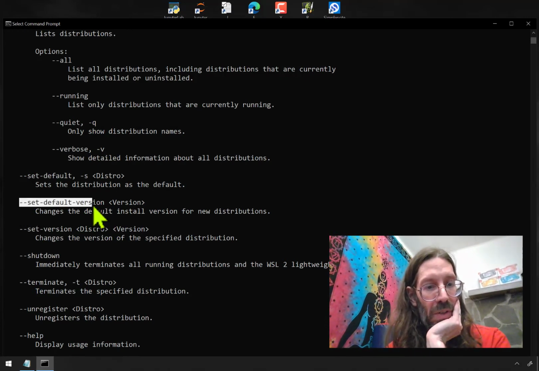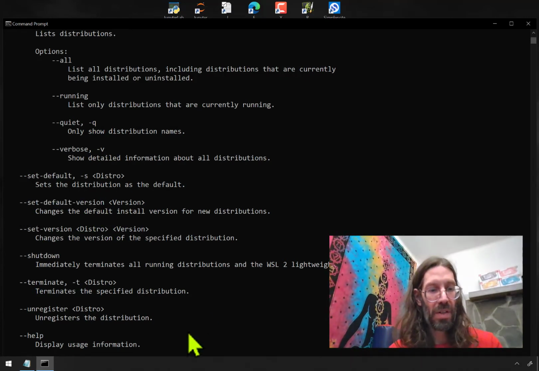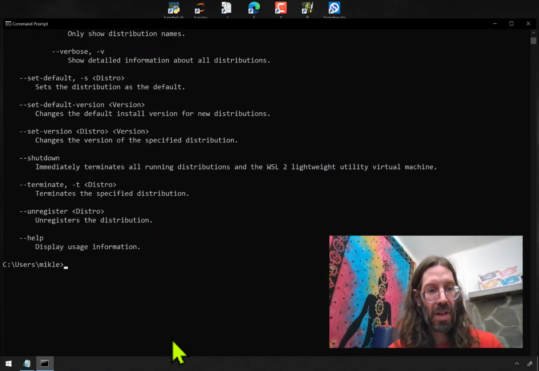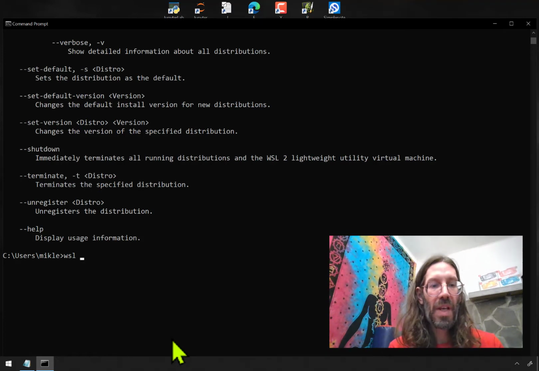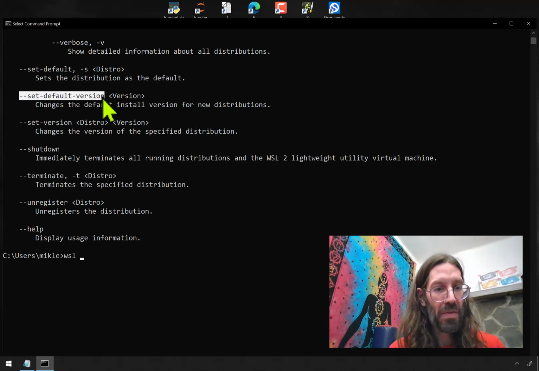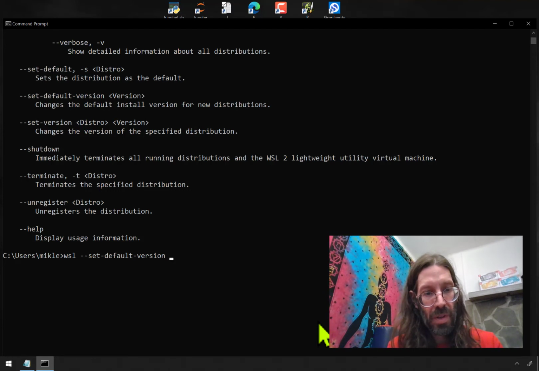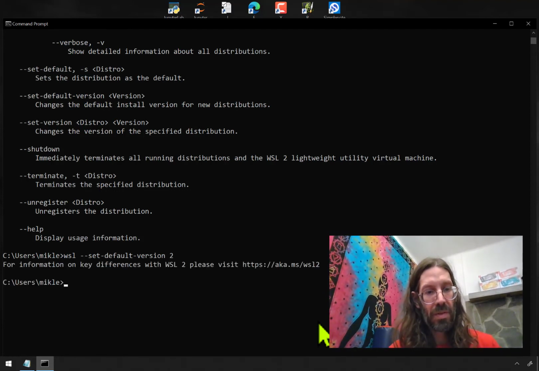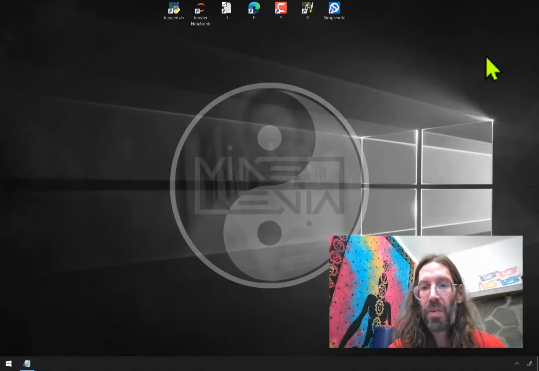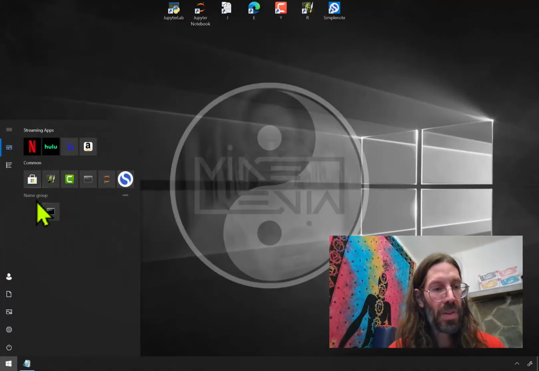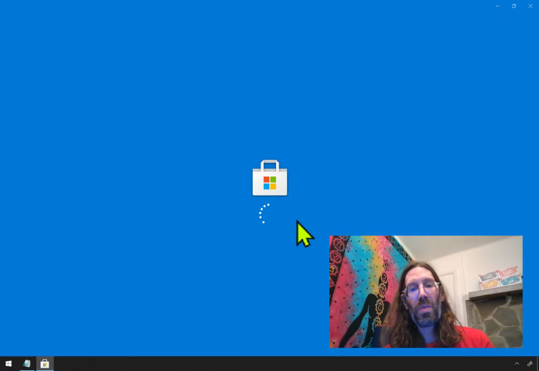So we just want to make sure that this default version is 2 for when we do our next install out of the store. So that's WSL --set-default-version 2. Sometimes copy and paste from out of these things is a little bit challenging, but doable. Okay, so now I can get rid of that and go once again to the store,